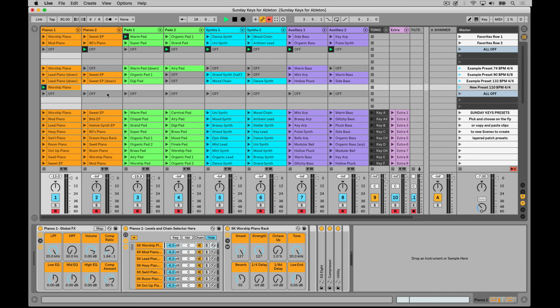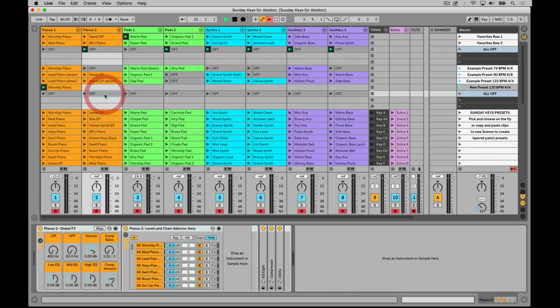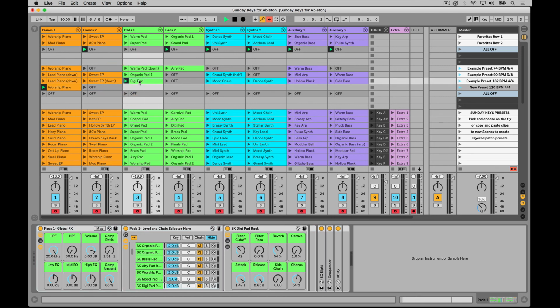Now, when you don't want a sound to be on any of these tracks for a given preset, let's say that I don't want anything in pianos two, it's important that you copy and paste an off clip into that space. You can see anytime there's a gap in the example presets, we've got an off clip there. And the reason for that is, if I were to be playing this example preset right here,